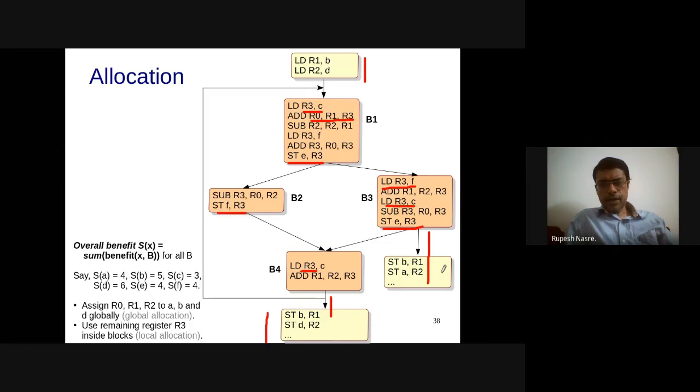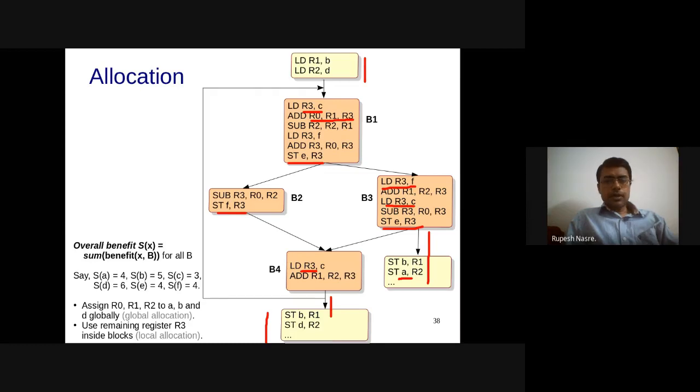Why did we add A to R2? I think that is a typo. This should have been D. A is not live in the function, and therefore this should be store of D in R2, because anyway we are using R2 for D, and A is not live anyway, right? So again you are going to store B and D for this. If A would have been live in that function, then we would have stored A also within R0.